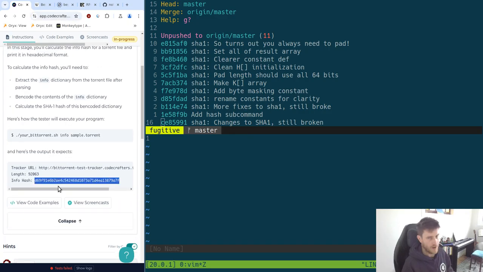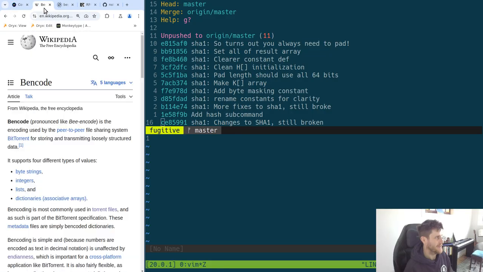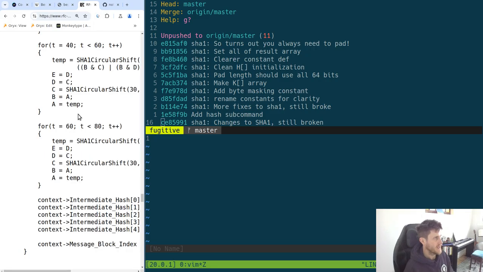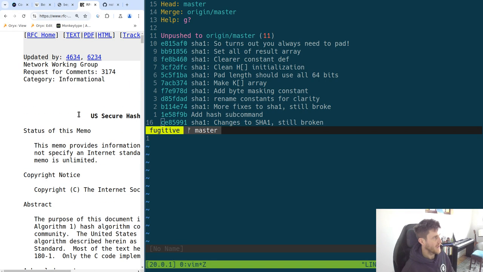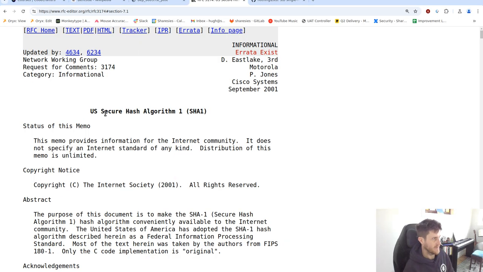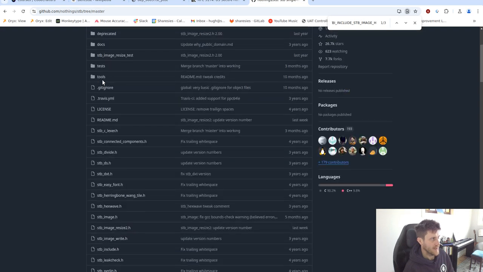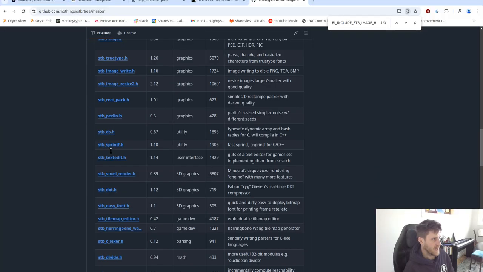I went a bit over and above and implemented a SHA1 protocol. So in the course so far we implemented bencoding and decoding, which is also defined in this BitTorrent BEP, and then just recently we have been working through this secure hash algorithm one, which I've made into a single header library, which